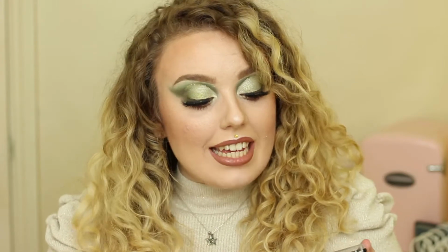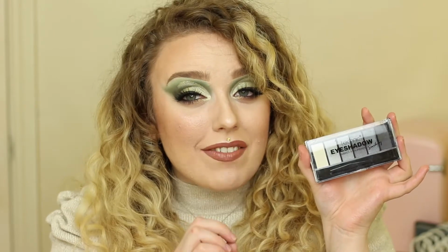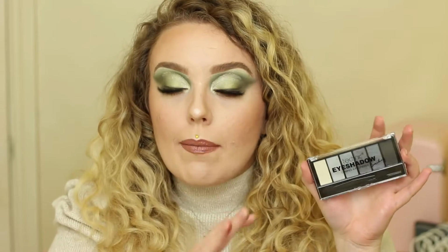For my most affordable option, I have the Technic Smokey eyeshadow palette. This one is currently $2.29 on Amazon, which is insanely cheap. It is cheaper on Amazon than it is on their website, but I have to confess, I haven't actually used it yet. I bought it because Make Me Up Misser kept talking about it and I really wanted a grey eyeshadow palette. I didn't really have one, but I think I got it in June, and that's when I kind